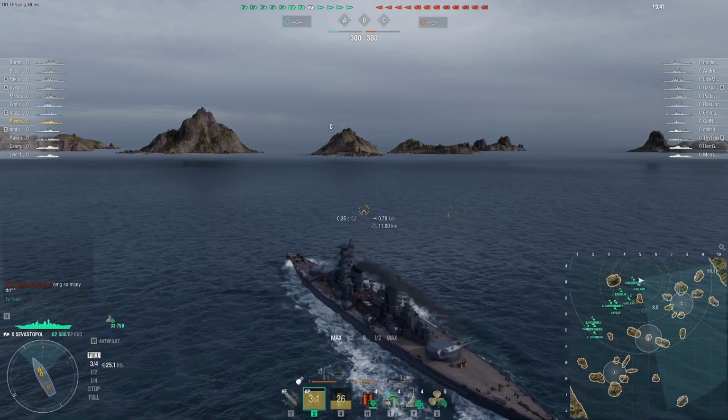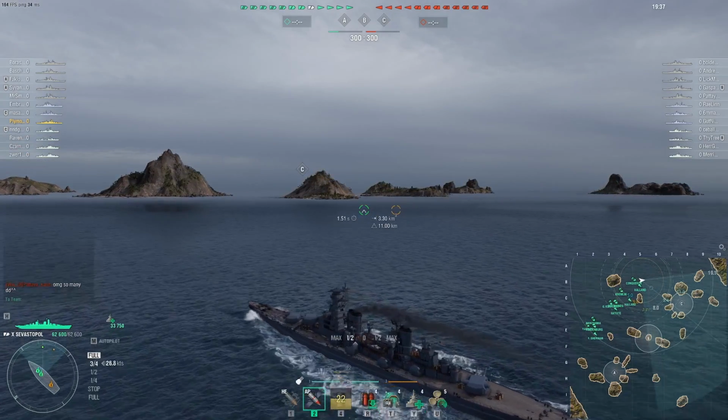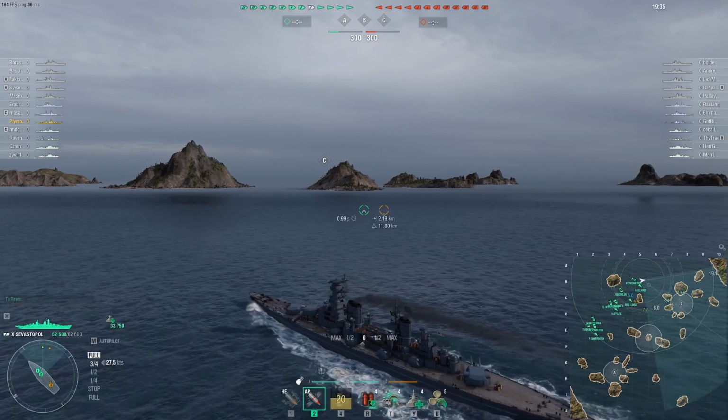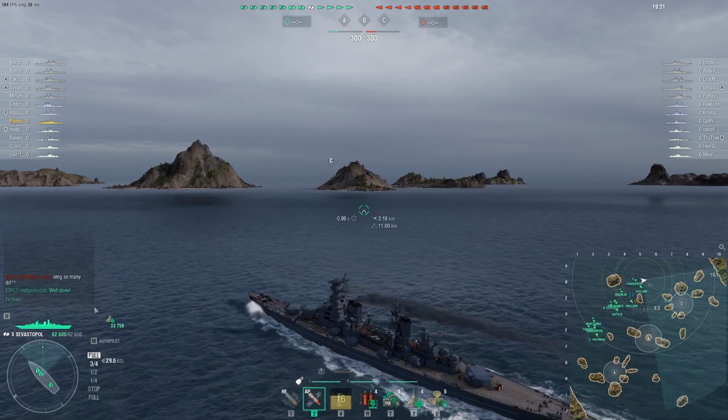I'm not going to speed boost from spawn, I really don't want to. I want to kind of save them, to be honest. Plus, we already go 35 knots straight away. So the gimmick of the ship, as you can see from the left-hand side here, some of you are noticing,